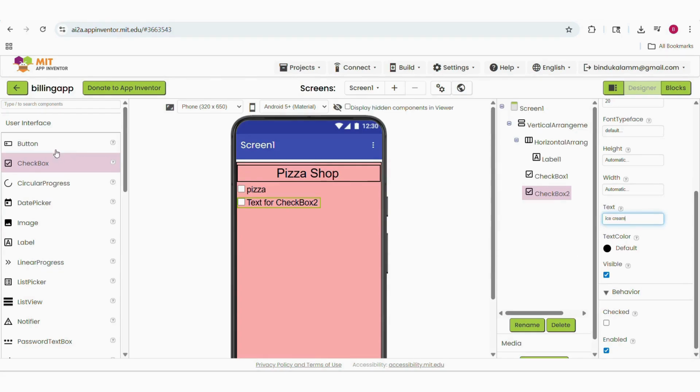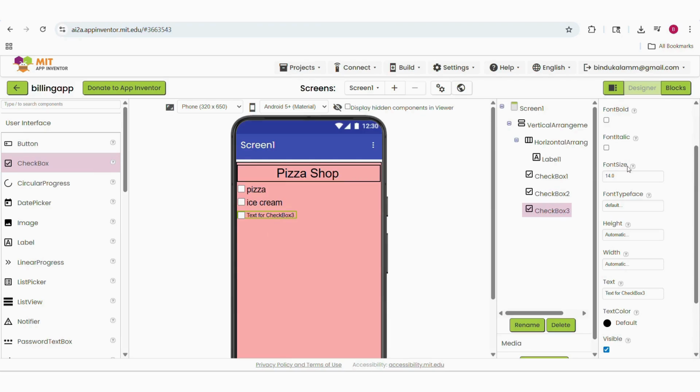Once again in left sidebar, drag and drop one more checkbox component onto the screen and change the font size to 20 and text to Burger.